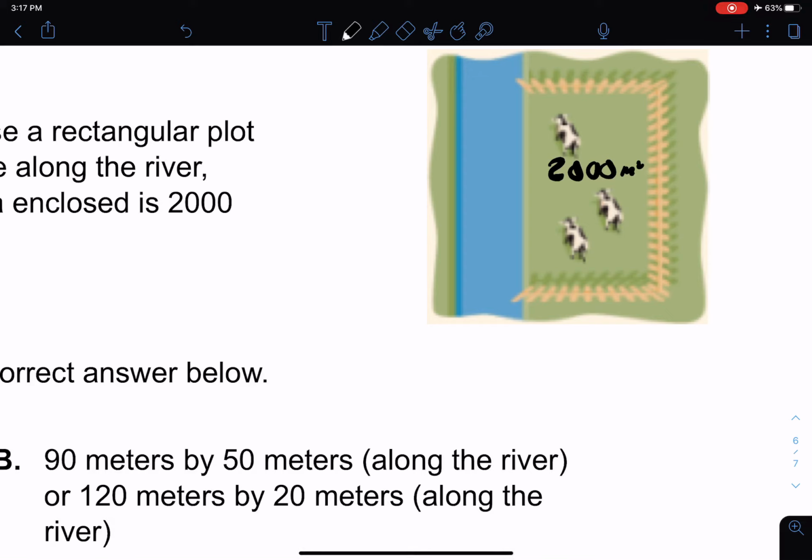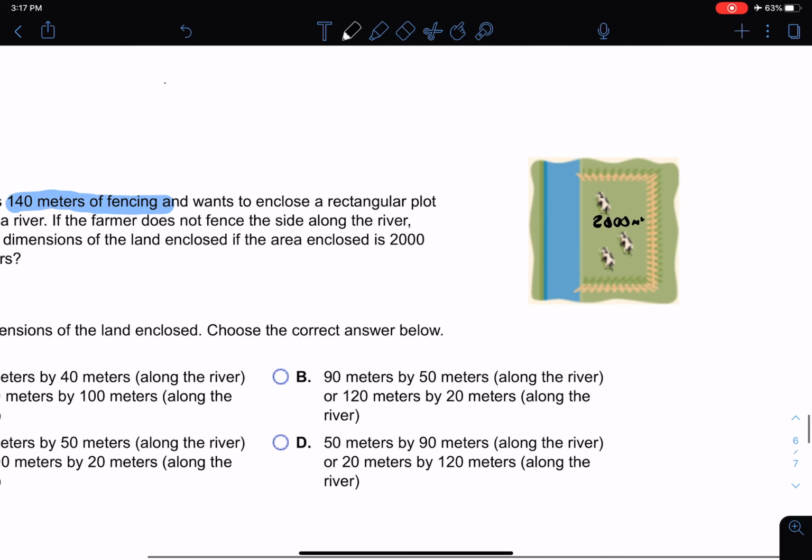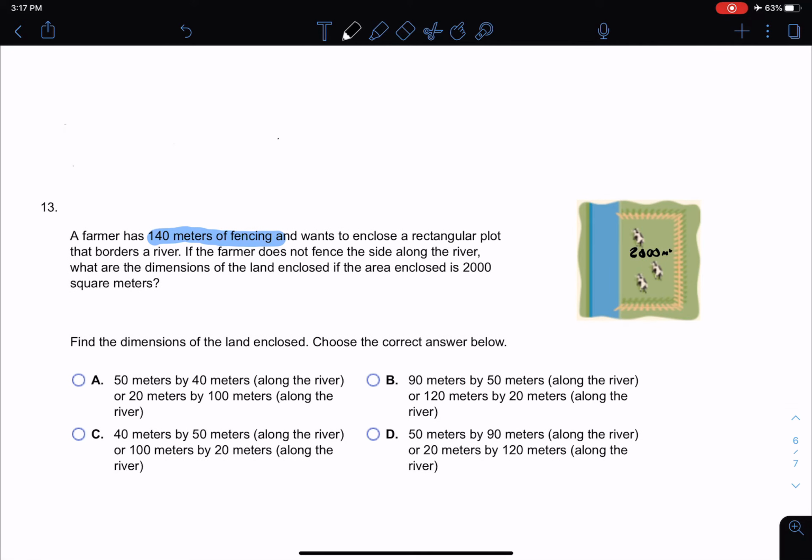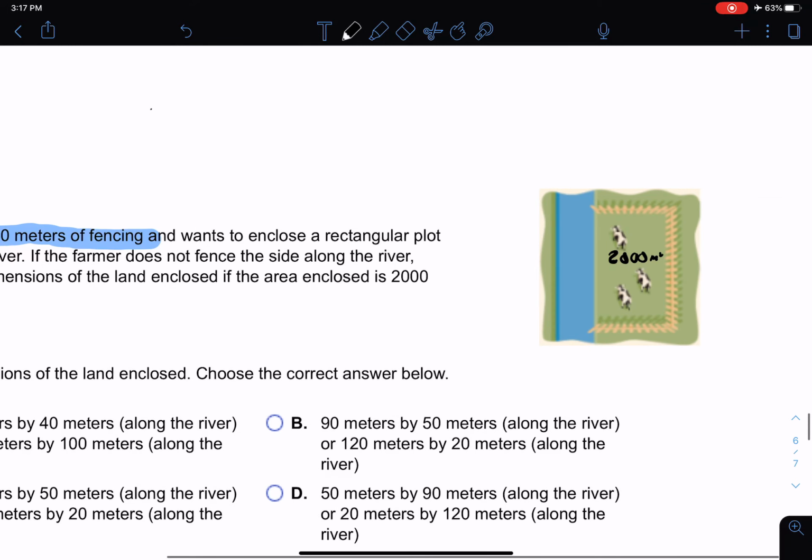And they're saying the total fencing around only uses 3 sides. Let's put some notes up here. Here's what I'm thinking. I'm going to go ahead and call this side of the enclosure x. Now, it is a rectangular enclosure, so opposite sides on a rectangle are equal. So we got x and x. Something that we got to be a little bit careful with. I'm going to call this y,